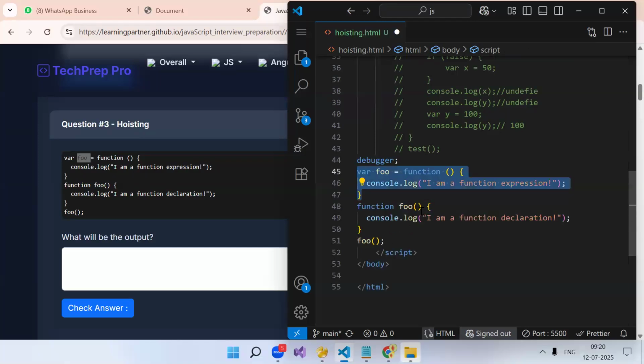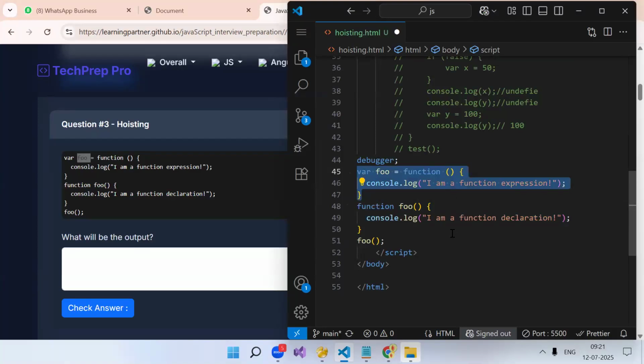And at this point, if you have another variable with var foo, now this foo will replace it. At this point, foo has this function, but when this line executes, the foo value gets replaced with this function. A normal function doesn't execute like this. Before executing, it gets stored into the memory, correct? But when this line executes,